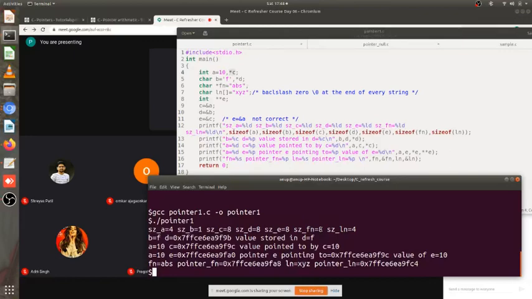You should agree with me, because 8 bytes means 8 into 8, that is 64 bits. 64 bits means 8 bytes, and hence my memory addresses are of 64 bits. So how much space will be needed to accommodate that? 8 bytes, and that's the reason all the pointers that I am using are of size 8.